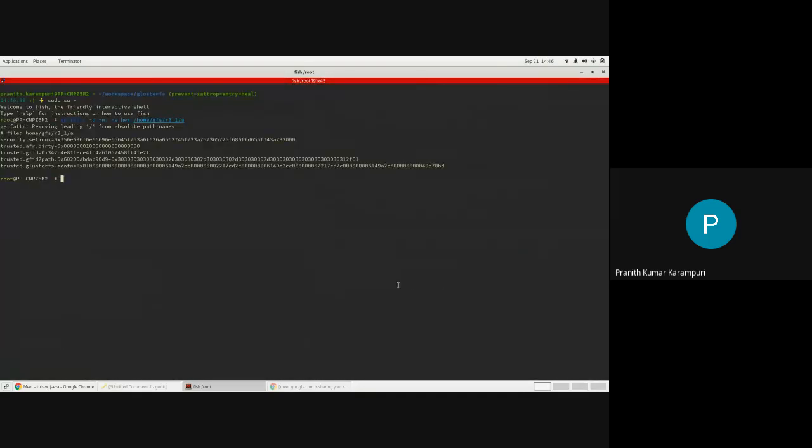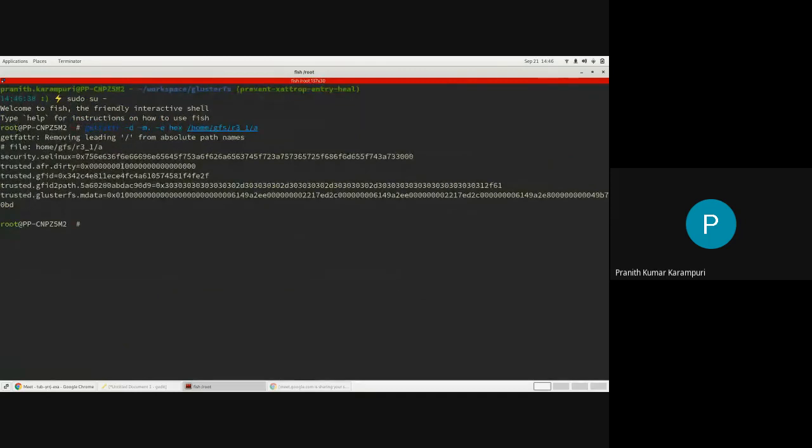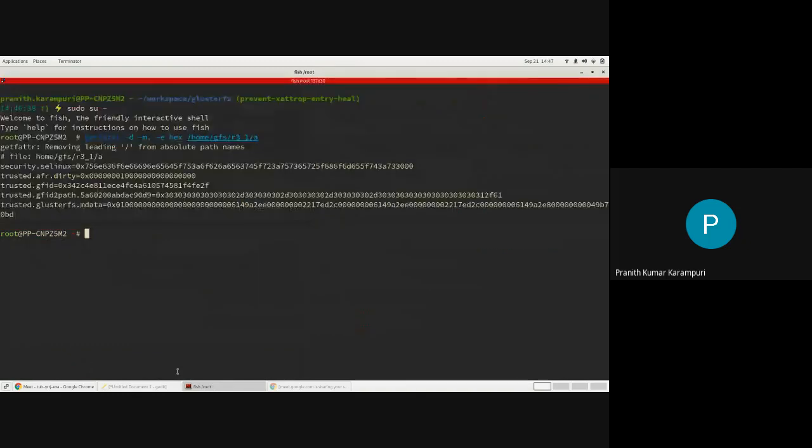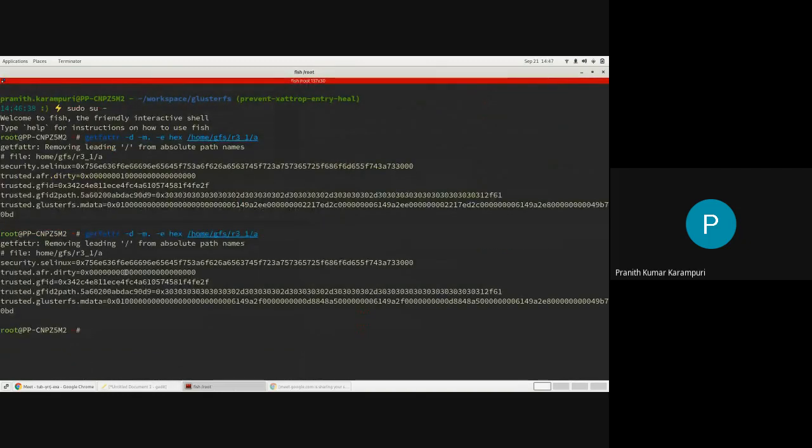Do you guys see this marking? Because it's a data operation, as I explained in the last session, the first 8 hex digits, the first 4 bytes, would actually change. So it has marked this one as 1. We can do continue, and you can see the same thing: the marking is gone now. I showed it on only one brick, but the same thing happens on all the bricks basically.